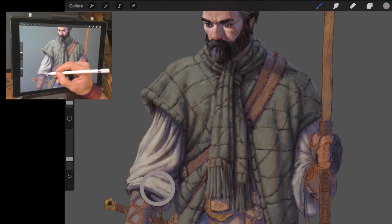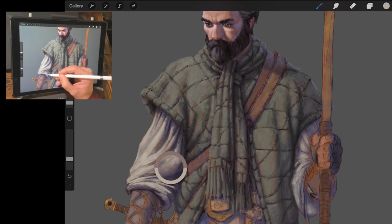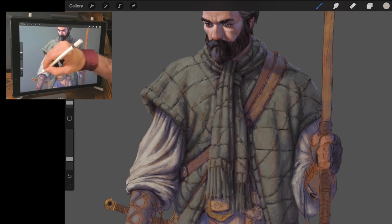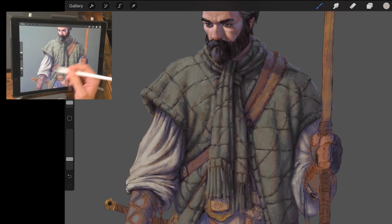And you want it to feel flowing a little bit, but there's definitely a balance there, I think, where it's easy to go too far with that sort of flowiness. Like you still need, I think, some of the angles. Honestly, this is where it would be much easier if I just took a couple minutes and grabbed some reference of these Renaissance shirts. There's a ton of reference out there,